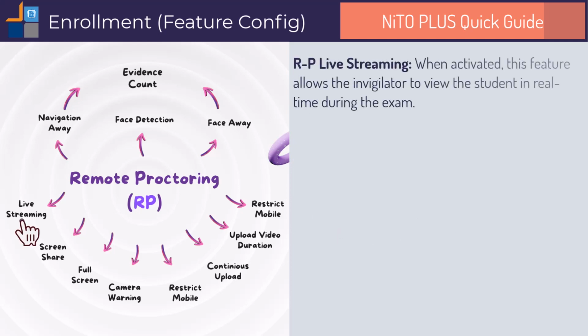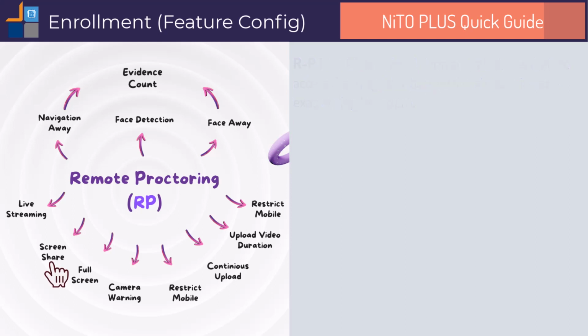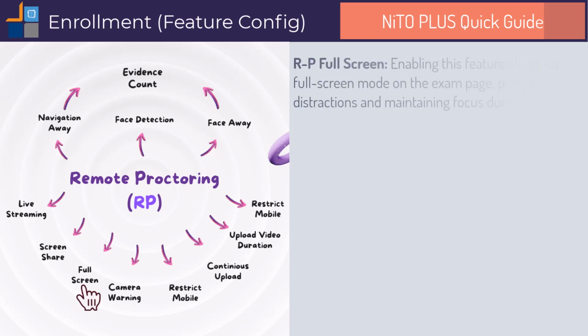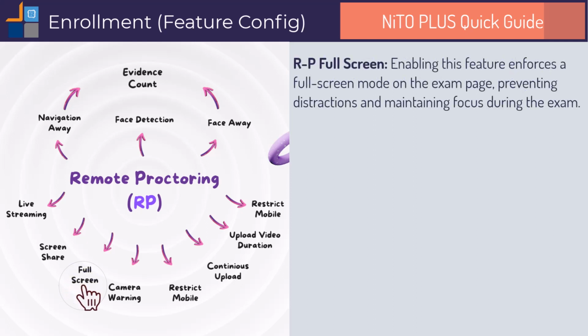RP Live Streaming. When activated, this feature allows the invigilator to view the student in real time during the exam. RP Screen Share. If enabled, the invigilator gains access to view the student's screen during the exam. RP Full Screen. Enabling this feature enforces a full screen mode on the exam page, preventing distractions and maintaining focus